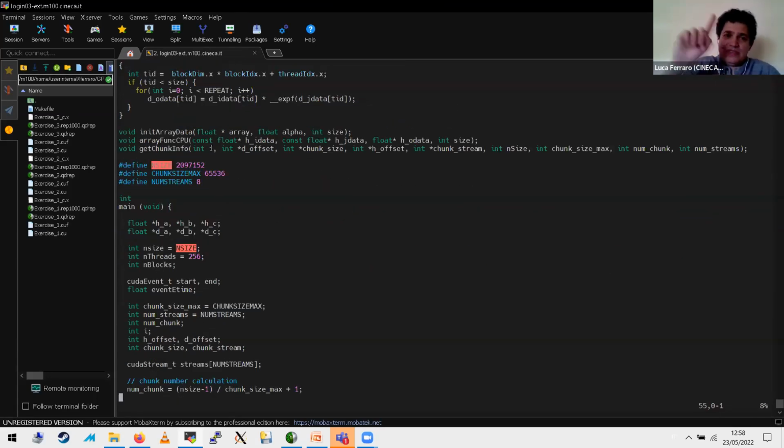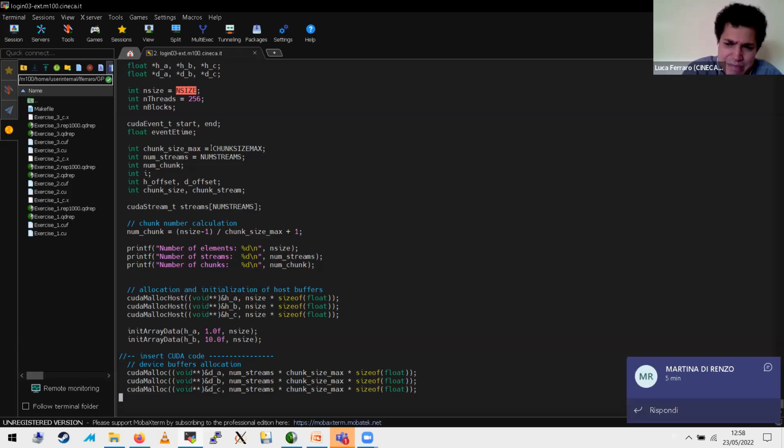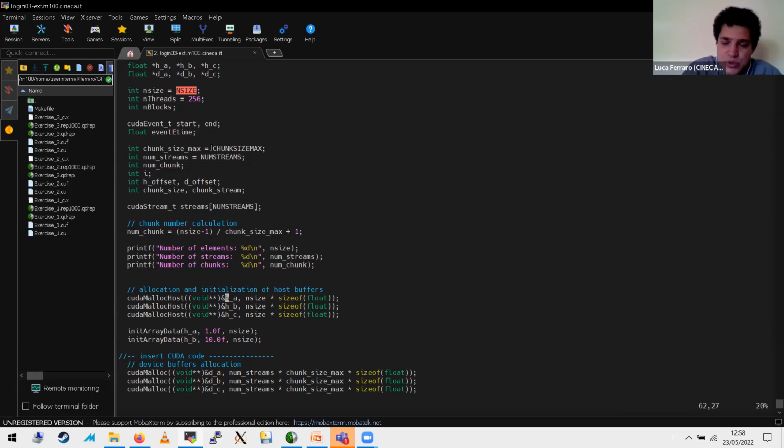In order to pipeline my computation, remember that I have to put my original data on the host not in a standard buffer, but on pinned memory. So instead of using the standard C malloc, I use cudaMallocHost to allocate the initial data. I initialize my data,